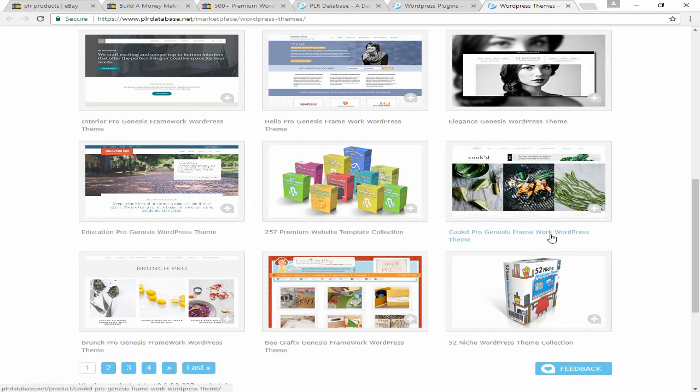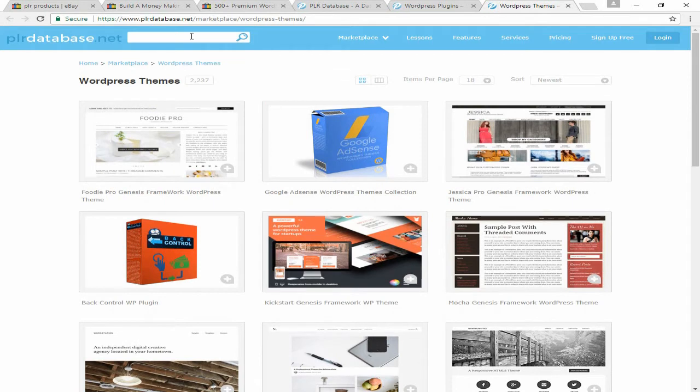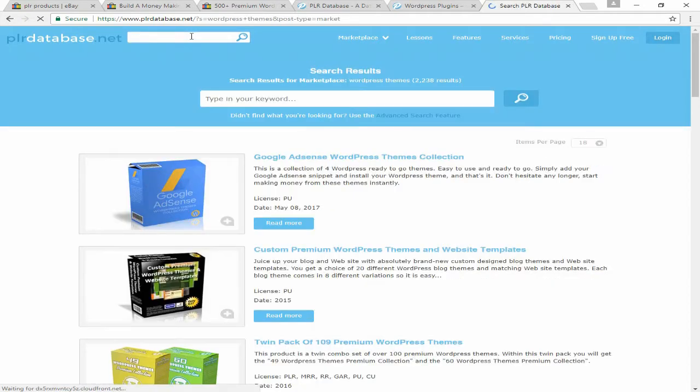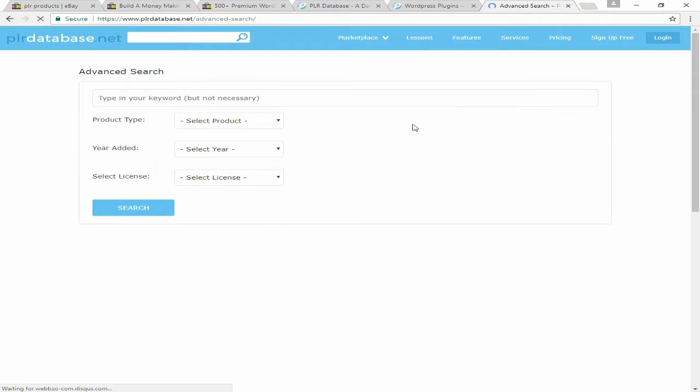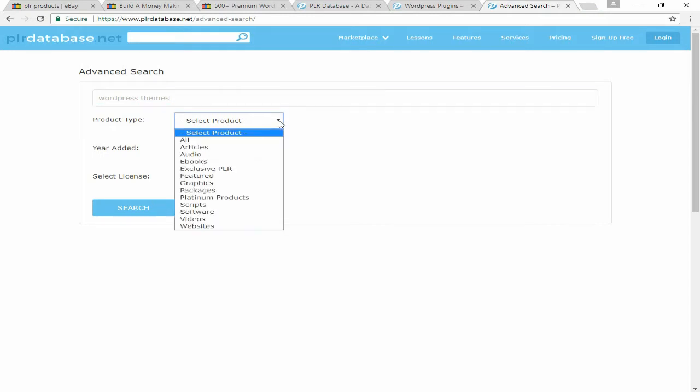Okay, so on this particular site of mine, if you want to filter through, you can always do a search. We'll go for WordPress themes, and we've got an advanced search feature where you can eliminate all the personal use items and actually search for products that you can sell. So you go to the advanced search feature. Okay, we'll type in WordPress themes, and we'll go to product type,